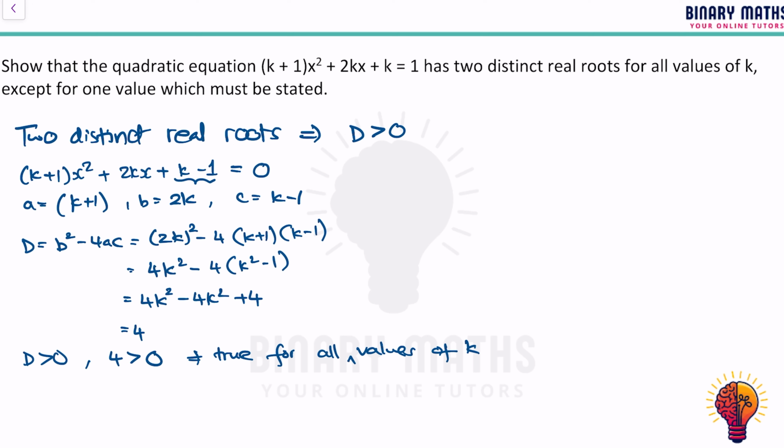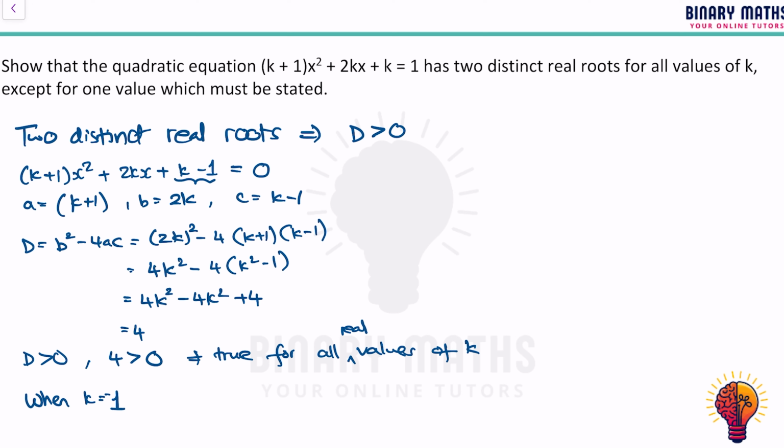For all real values of k. But obviously this is not true for one value, because we're trying to find that one value where it doesn't work. Now this is a quadratic. If it's a quadratic, then we need k plus 1, so we want the x squared term to be present. So when is the x squared term not present? We know that when k is equal to negative 1,